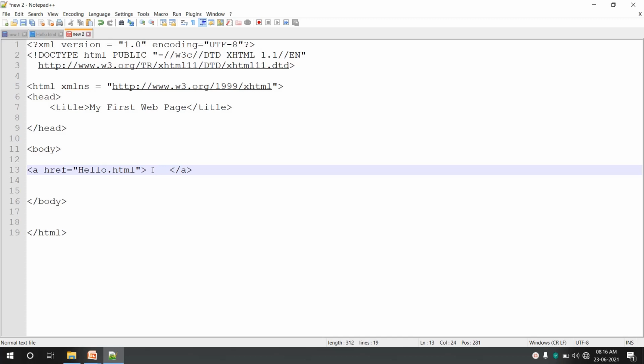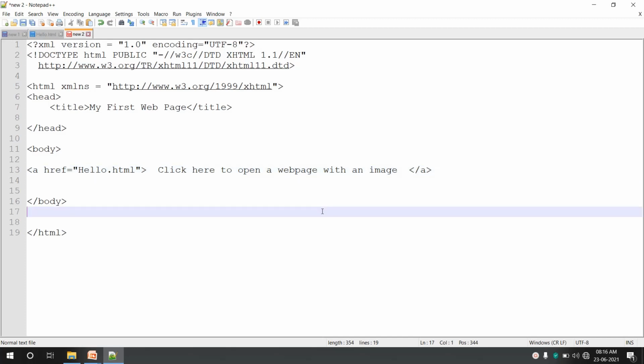So I'll say click here to display an image, or I'll say click here to open a web page with an image.